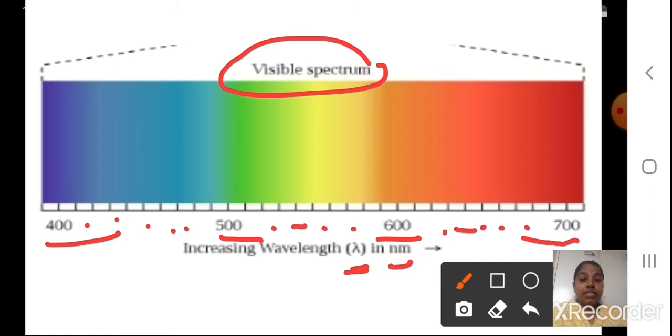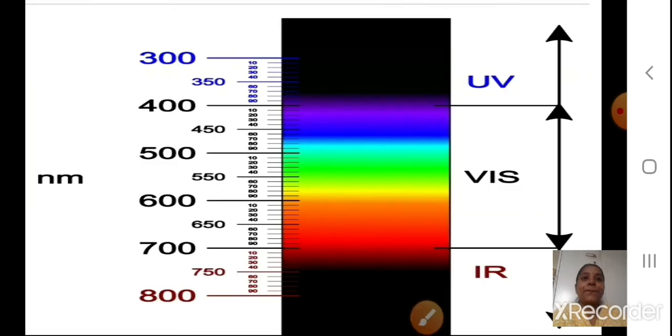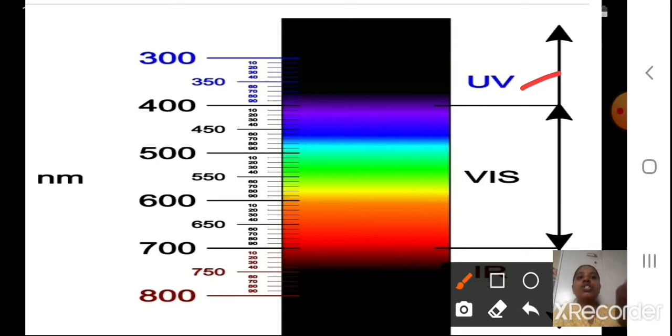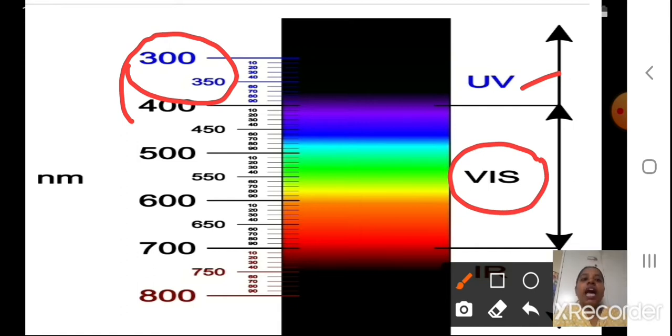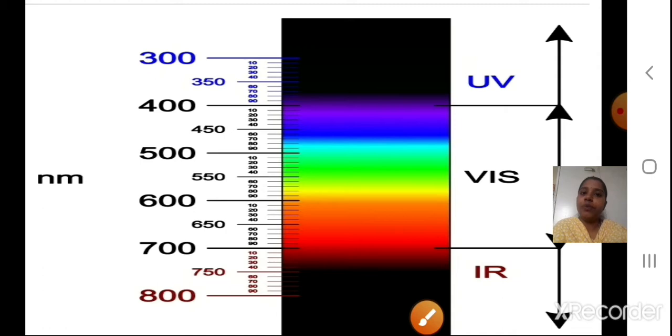Okay, students, we'll continue. Now the next part. Again I'll show you that different radiations are there. Here you can see UV radiation below 400. If you see these values, the radiations will be UV. Between 400 and 700 is your visible. After 700, you can see the 750 and 800 values shown, which come in IR. IR is infrared. Just for your information I am telling you this. For all wavelengths we are using the unit nanometers only.